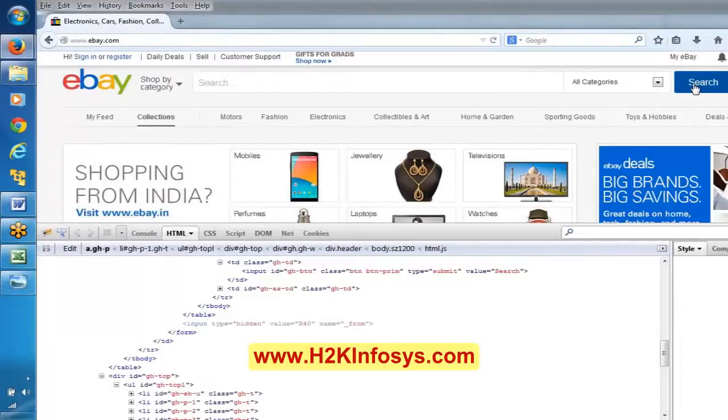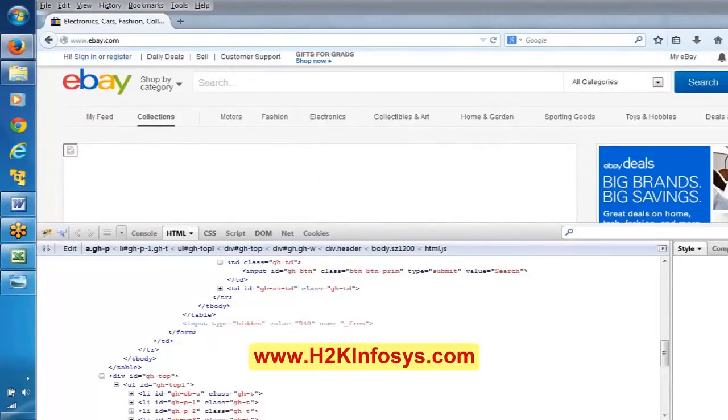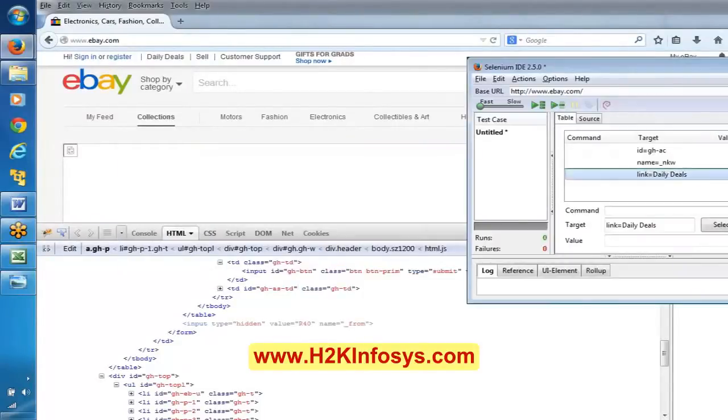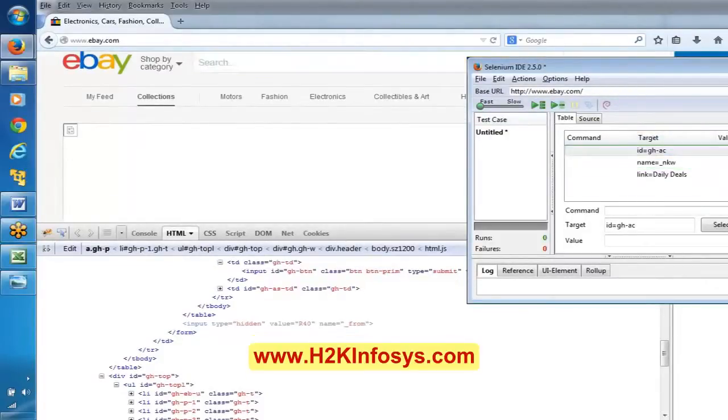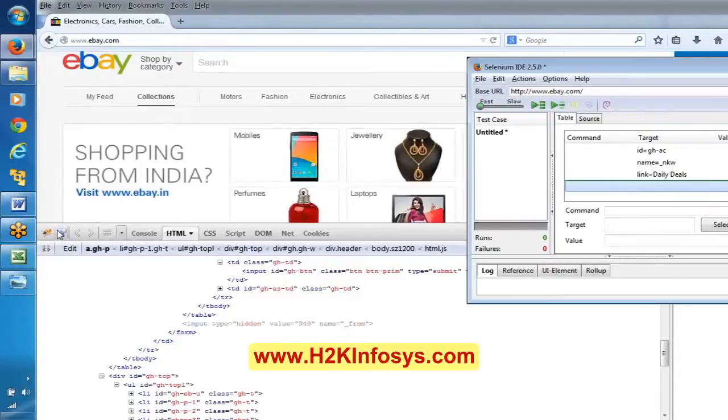Actually this search button has an ID, if you observe here. So far we have been trying to understand this text box, right? We are able to identify this text box using the ID and the name. Now we will try to understand how we can use XPath for this particular text box.